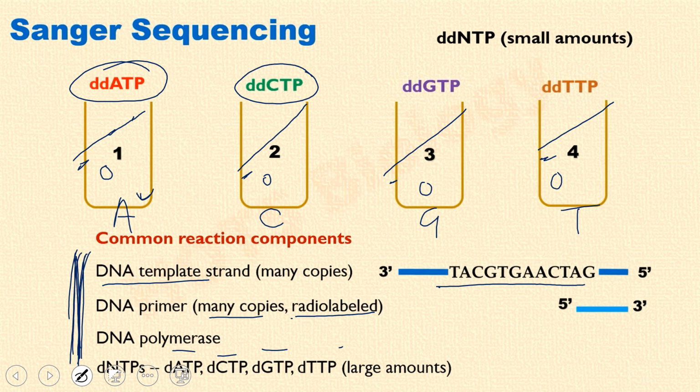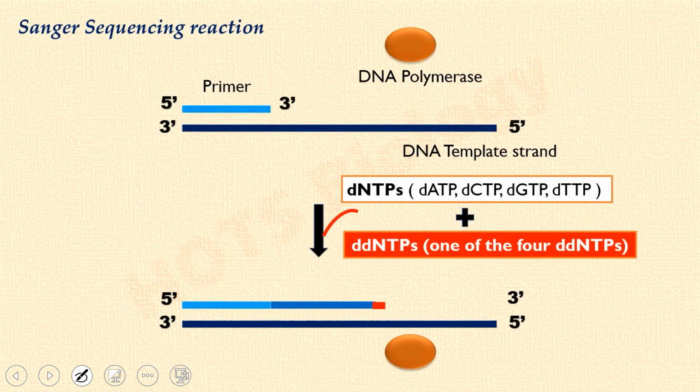Now, what is going to happen? The DNA template is there, along with the primer and DNA polymerase, which will bind there and start chain elongation. In this chain elongation, whatever nucleotide is on the template, the complementary nucleotide needs to be added by the DNA polymerase. Because in each tube we have these 4 nucleotides and one specific nucleotide in the dideoxy form. For the time being, assume that we have adenine on the template strand, so here thymine will be added.